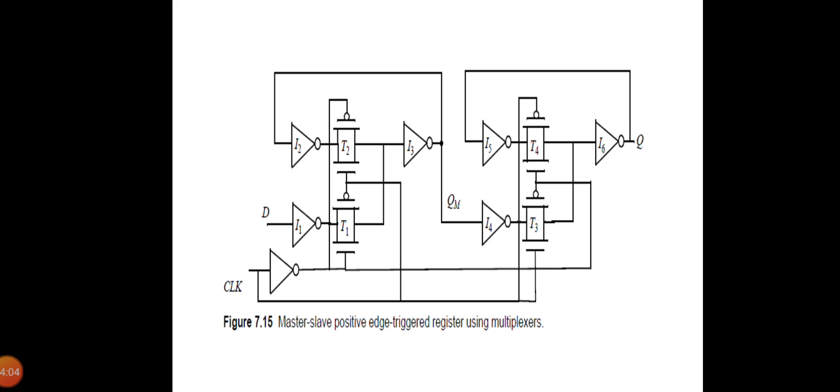The propagation delay is the time that it takes for the value of QM to propagate to the output Q. You can notice that since we included the delay of I2 in the setup time, the output of I4 is valid before the rising edge of the clock. Therefore, the delay TCQ is simply the delay through T3 and I6, that is TCQ is equal to TPD TX